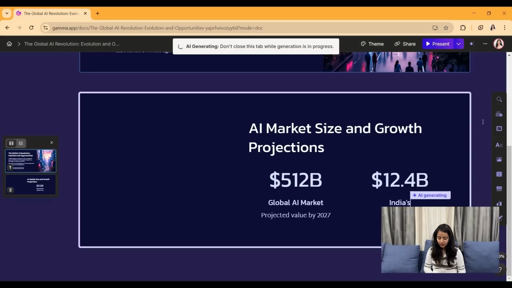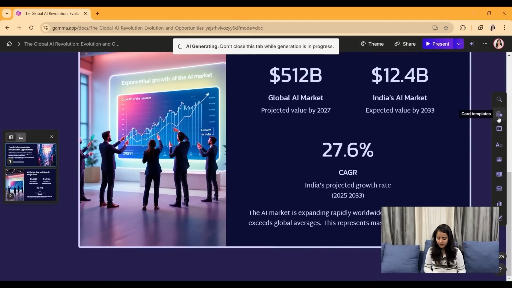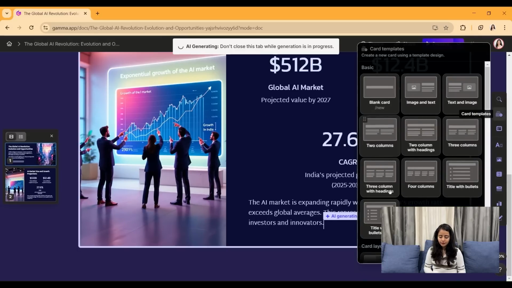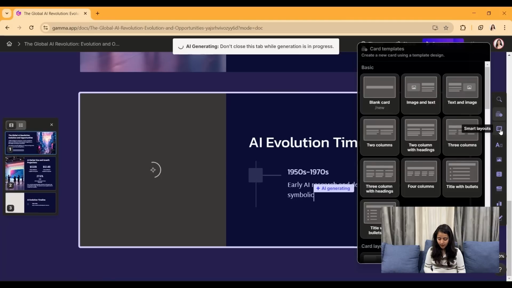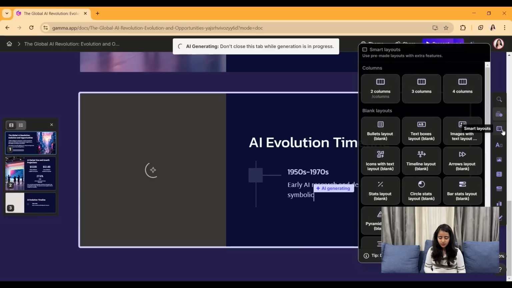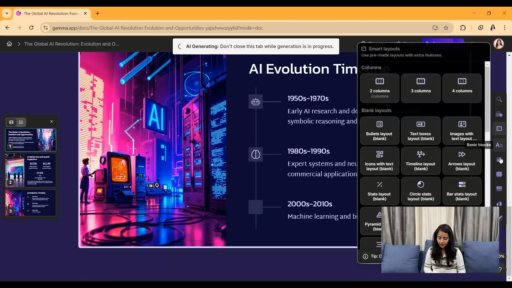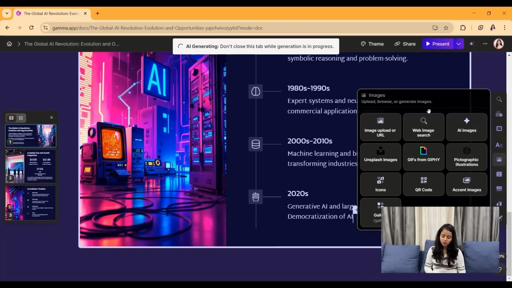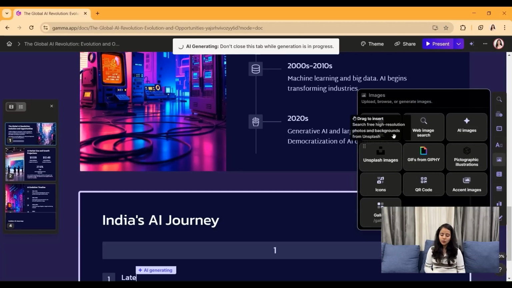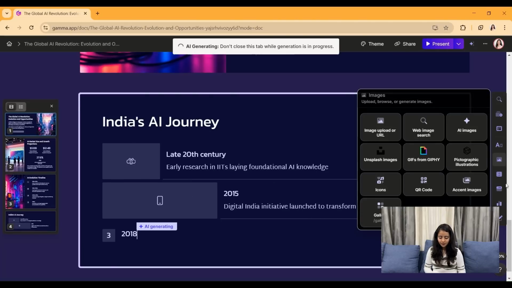Meanwhile it is being generated, I'll also tell you about the other options here. So this is card templates. If you click on card templates, it would show you different kinds of templates that you can use. Then you have smart layouts. In smart layouts, you can choose bullets layout, text boxes, icons, and so on. You have basic blocks, you have images, so basically you can choose the image that you want, and even upload an external image, or you can insert the URL of that image and simply